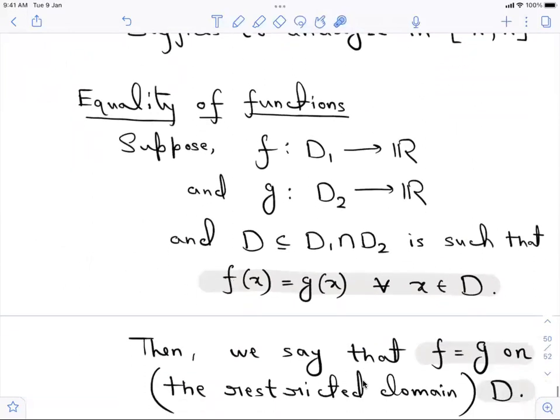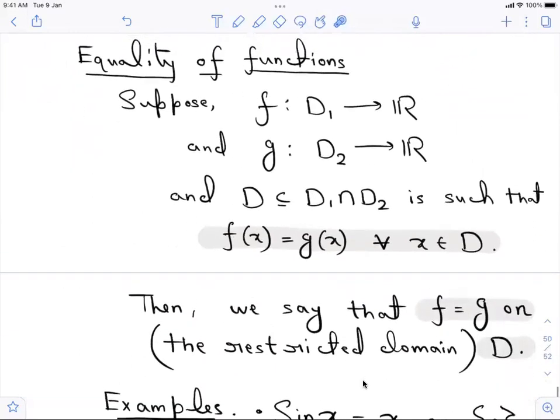So we end this lecture with this notion of equality of two functions. Suppose f is a function from D1 to R, and g is a function from D2 to R. So these are the domains of f and g. D1 intersection D2 is, once again, the common ground for both f and g. So f and g both are defined on this set. Suppose there is a subset D of this D1 intersection D2,